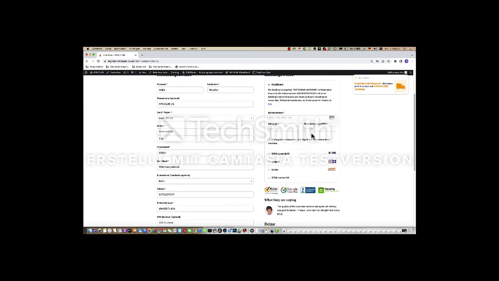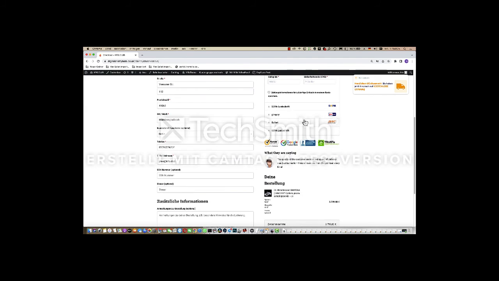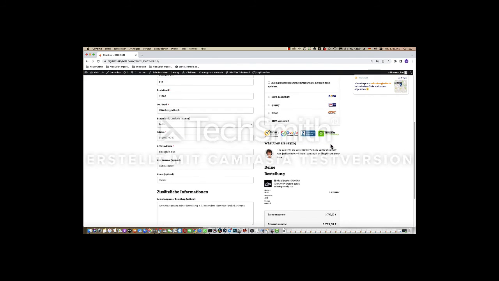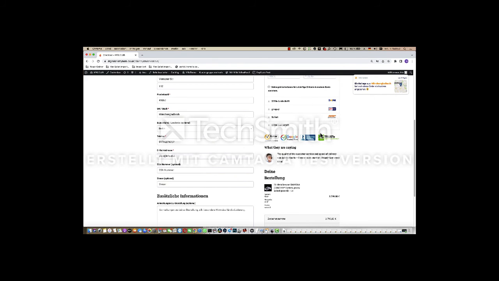I activated this test mode, and it seems to work, but I don't know. You have to check that. Again, I'm not sure whether I can use these logos, because I'm not affiliated with Norton. Norton isn't on my site. I'm not with the Google Trusted Store program and so on. This probably will make me run into legal problems. You said it wouldn't, but I can't believe that I'm allowed to use accredited trust logos when I have nothing to do with these things.